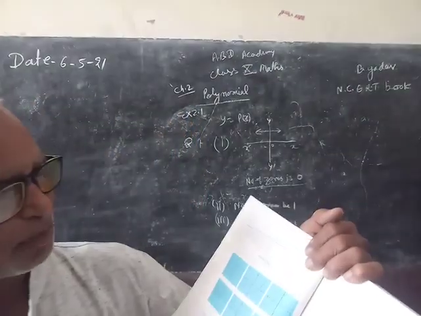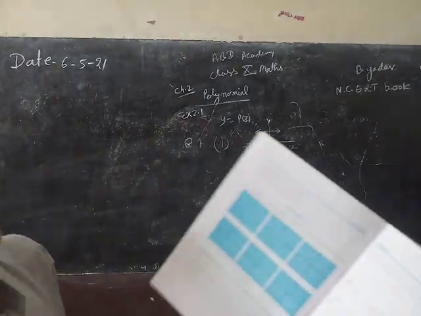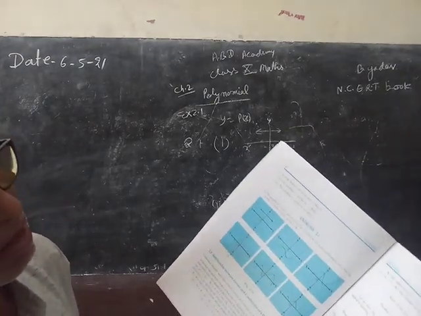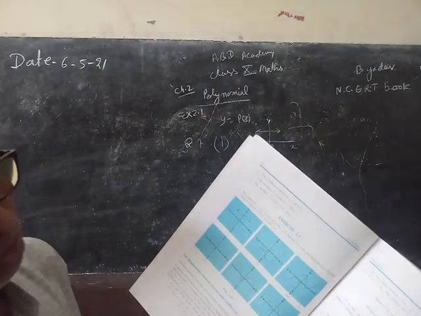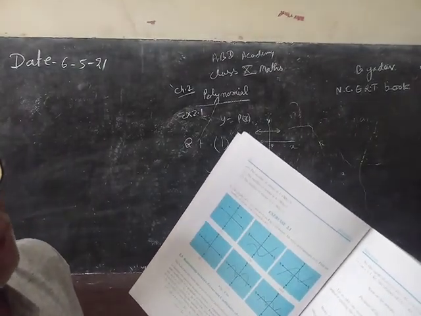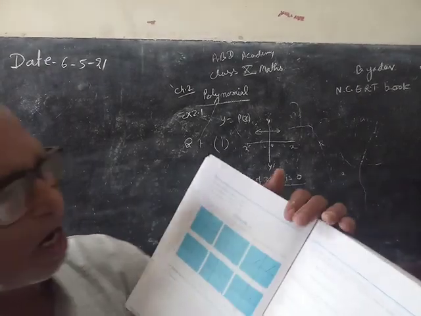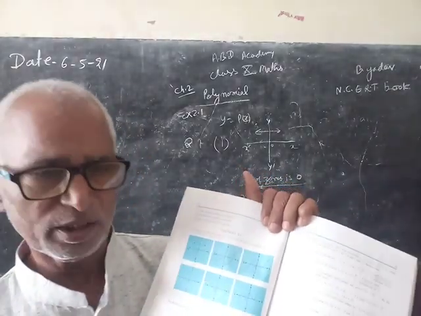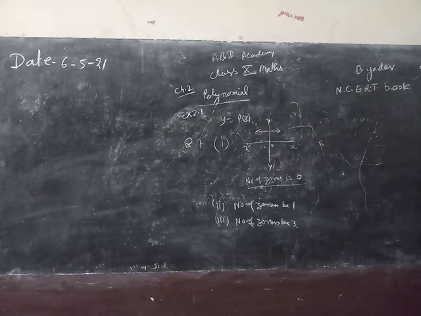So all the 6 parts I have discussed by showing you the graphs of question 1. So you take this video and try to understand the definition of polynomial and how I determined zeros of the polynomial. This is exercise 2.1. The video will continue, but let us stop over here.